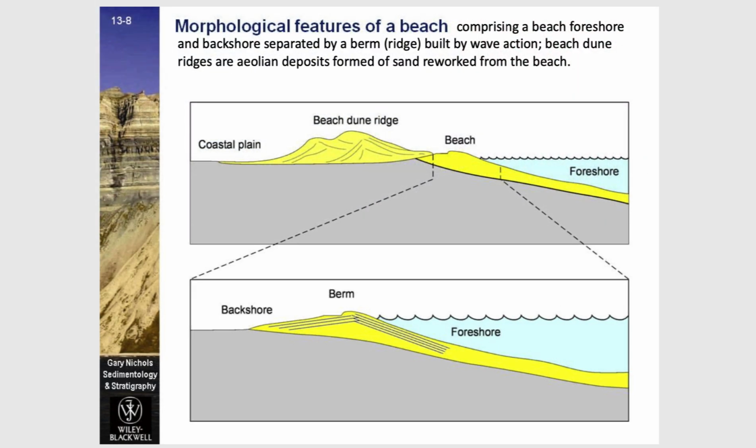In terms of morphological features on a beach, again, we can recognize the foreshore, which has characteristic stratifications that form. So many times on the foreshore you will accumulate several strata of sand or gravelly material, which can then be preserved if you lithify the sandstones. Often this is an area that is continuously perturbed by wave action, and it's separated by a berm that instead